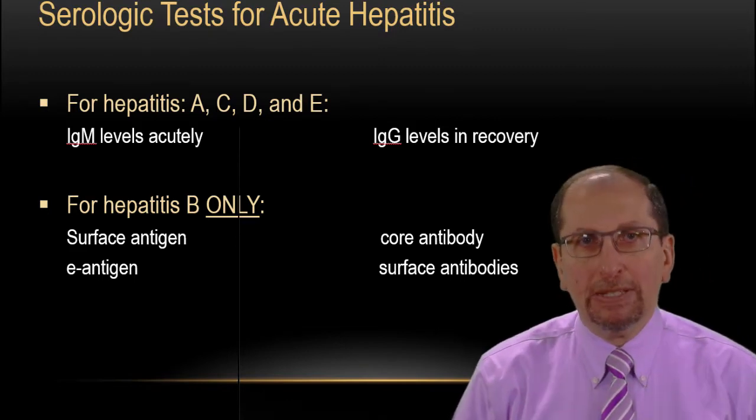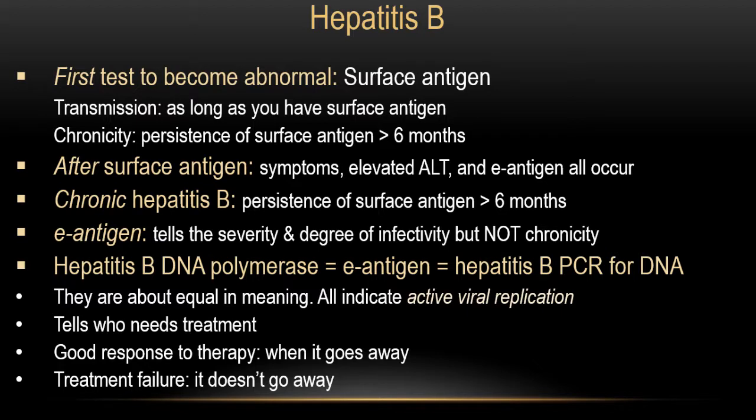Let me talk about hepatitis B. The first test to become abnormal in hepatitis B is the surface antigen, a positive surface antigen. As long as you have surface antigen, you have the ability to transmit this hepatitis B to others. And for chronicity, if this surface antigen persists more than 6 months,